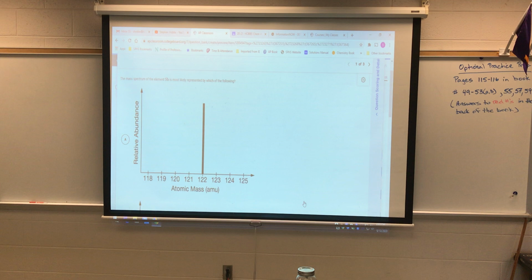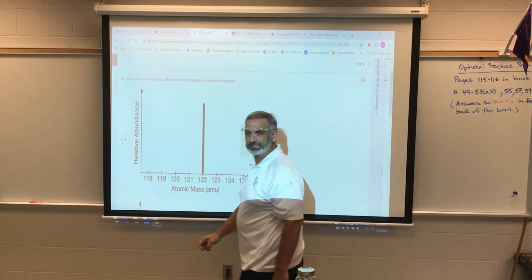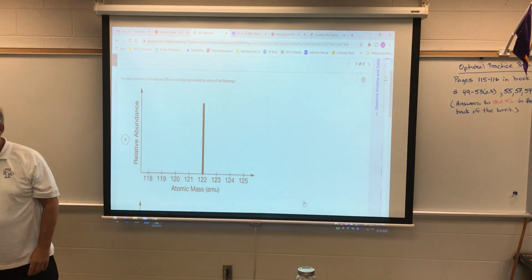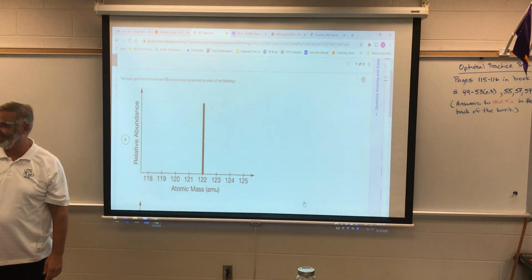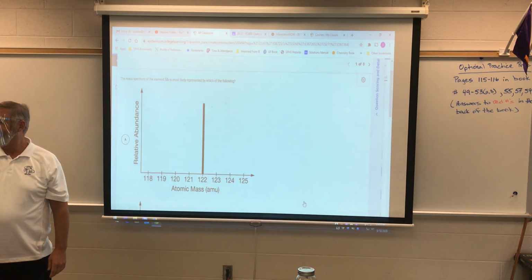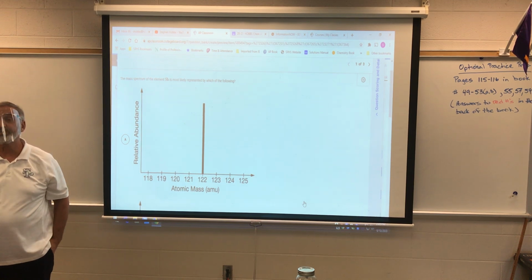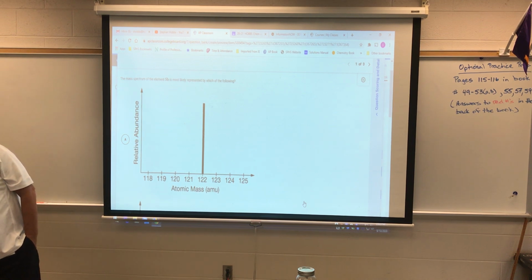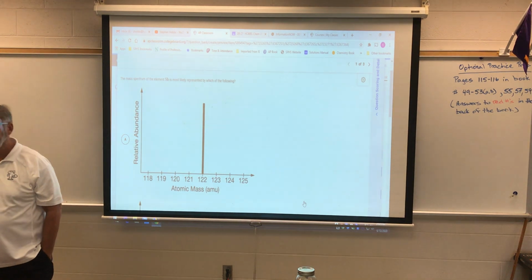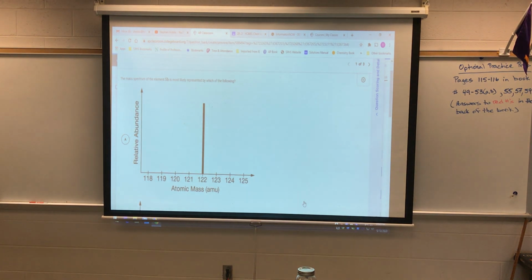Okay. So, it says the mass spectrum of the element Sb. Does anybody know what the element Sb is? Lead. No, Pb is lead. You're close. Antimony. Okay? Antimony. It comes from the word stibnite, which is the name of the ore that antimony is found in. That's where the Sb comes from. Again, a little bit more of that useless trivia, things that just stick in my head that I don't know how they got there, but they won't be on the test. Anyway,